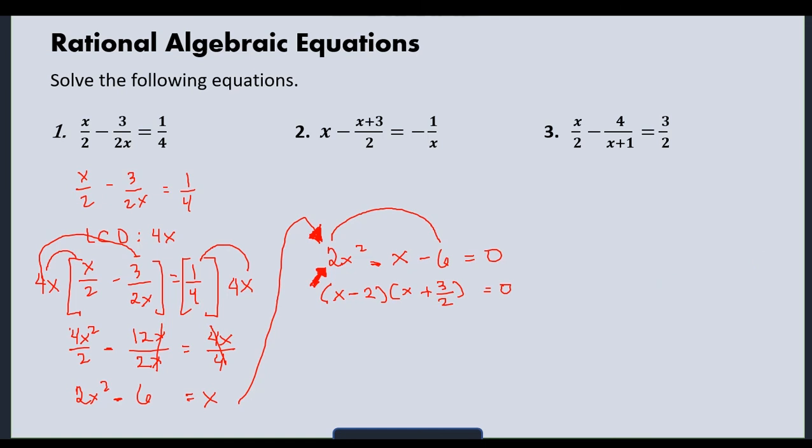Now, using the zero product property, we have x minus 2 equals 0. Then the other one is x plus 3 over 2 equals 0. Applying the addition property of equality, we're going to have x equals 2. And then the other one is going to be x equals negative 3 over 2. And now we have solved problem number